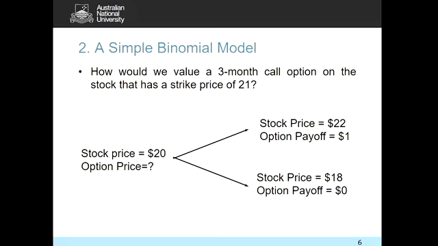Well, if I own the stock and the price goes up, I'd make a gain. How do I negate or get rid of that with a loss? I have to have a short position in a call option, because when that call option gets exercised, the holder makes a gain and I make a loss. So it offsets what happens in the stock. Likewise, if prices go down, I keep the option premium that I would have been paid at the beginning. So to set up what we're going to call a risk-free portfolio,